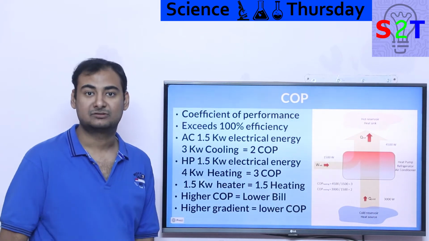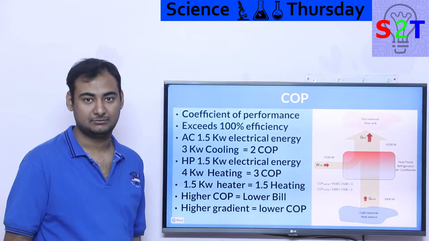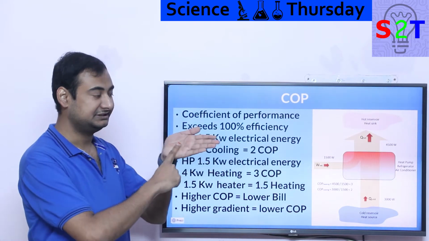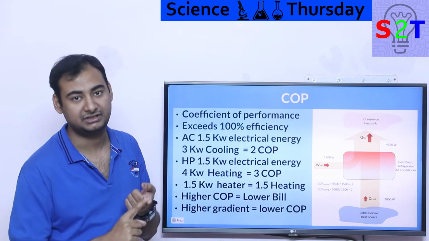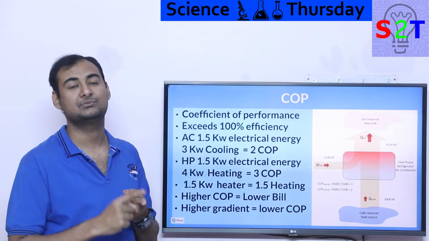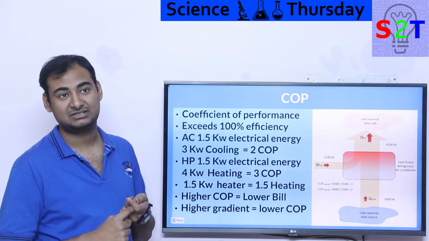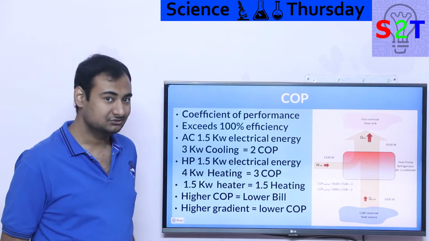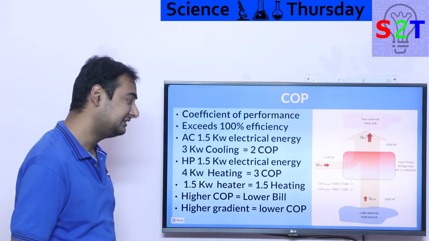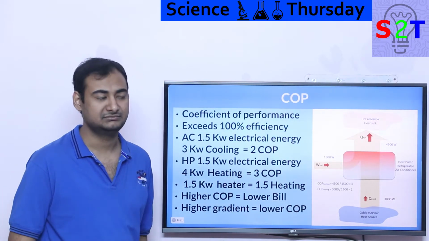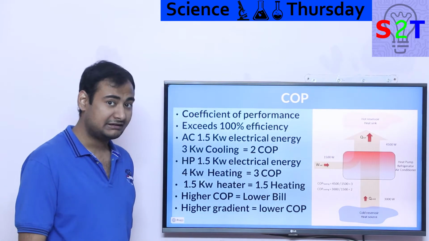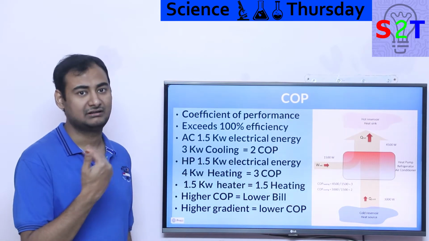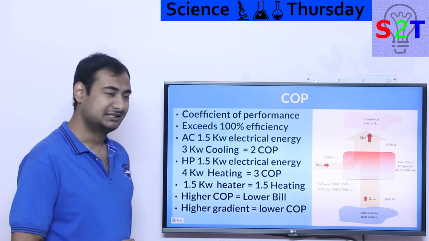So that's why COP cannot be put into a marker, because they have to say, okay, COP of this air conditioner is like, if your indoor temperature is this much, indoor humidity is this much, outdoor temperature and humidity is this much, then you will get the COP. But again, those things are dynamic, they change. So inherently COP is not something that you can just put on a system. You could have a sensor that can show you dynamic COP if you have weather monitoring systems, but it still